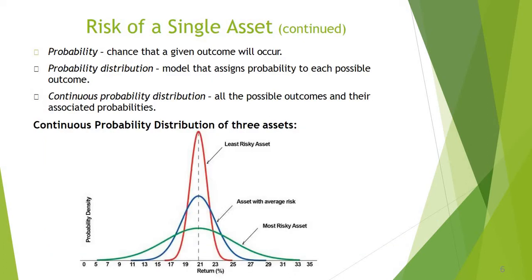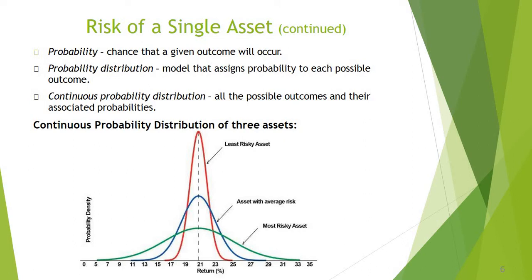Now let's look at another method to find out risks of a single asset. We can use probability analysis to find out risks of a single asset. So probably you know about probability. We covered probability in your statistics course. The concepts are same. So first of all, probability means the possible outcomes